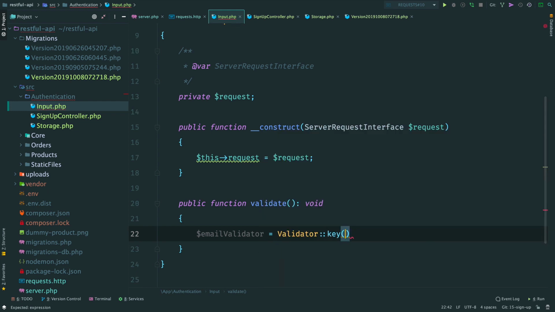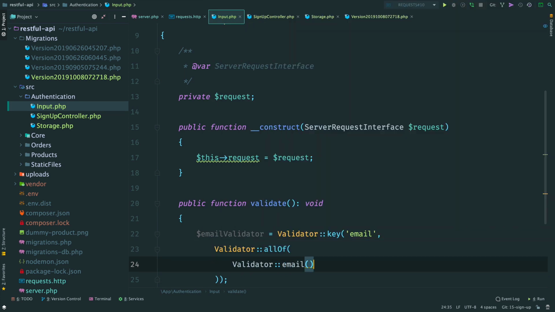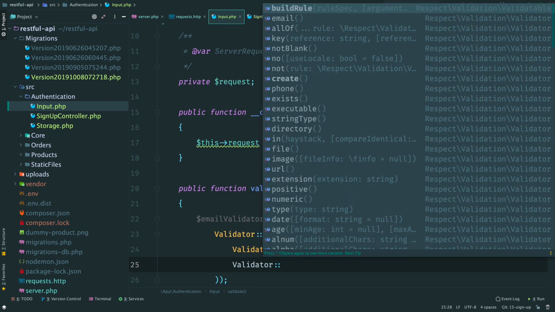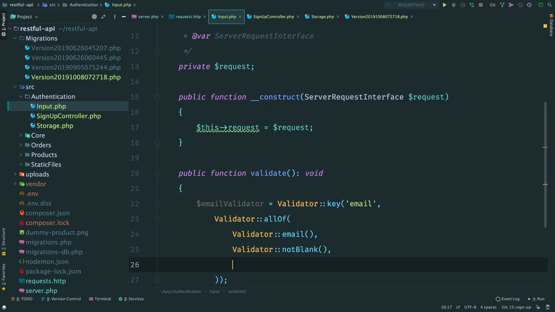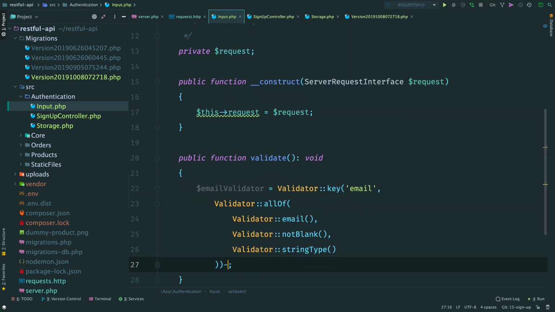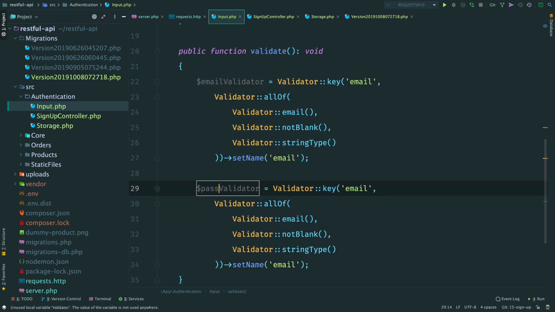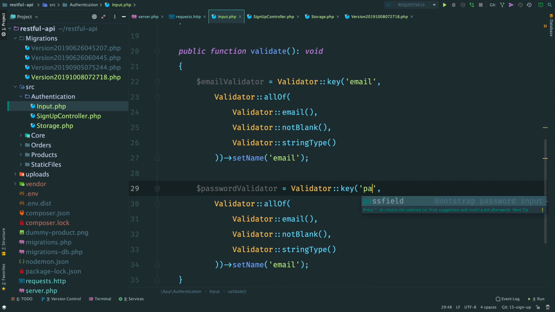In the request body we want to see a field named email. It should not be blank, a string and a valid email. Add a name for this validator. And almost the same validator can be used for password. Copy this, paste, remove email, and fix the variable and the name.